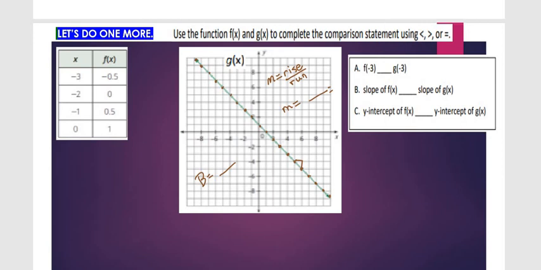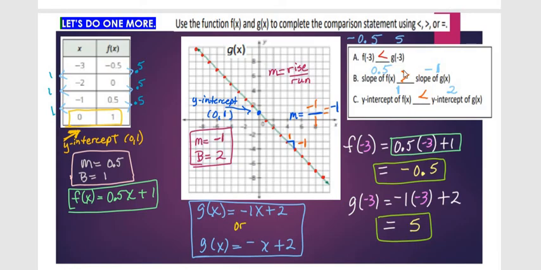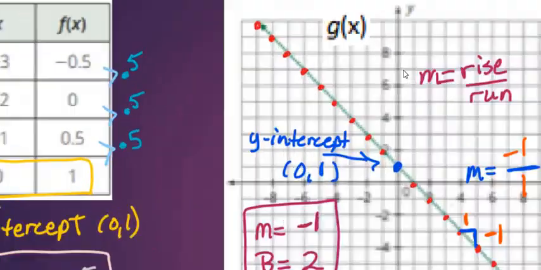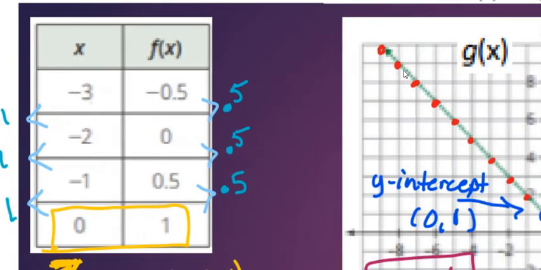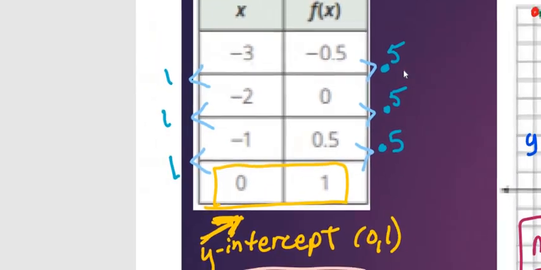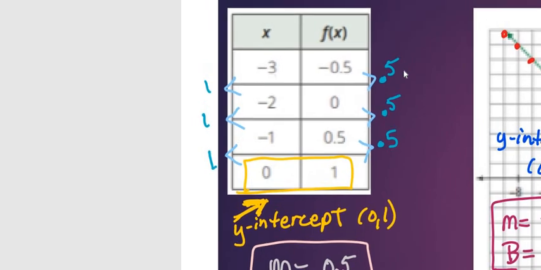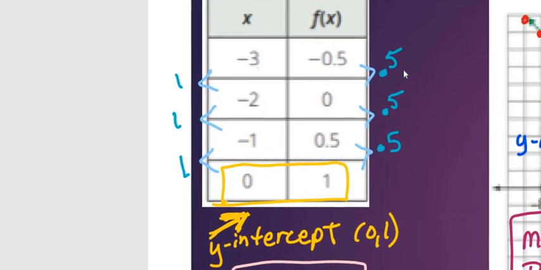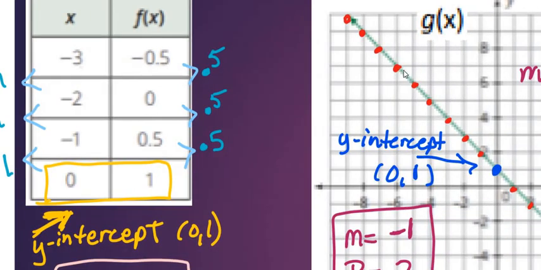Let's look at your answers. So the first thing that I had to do over here was find my slope. So once I found my slope, I see my slope right over here. I subtracted, and when I subtracted right here, I see that